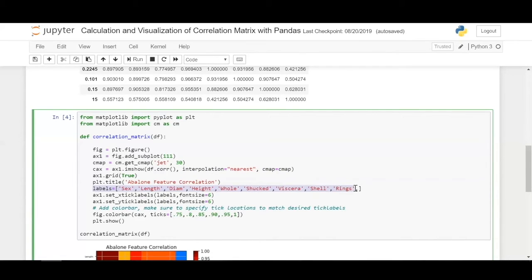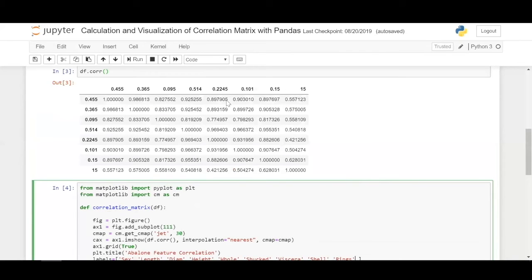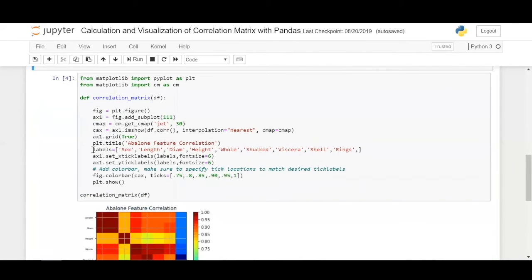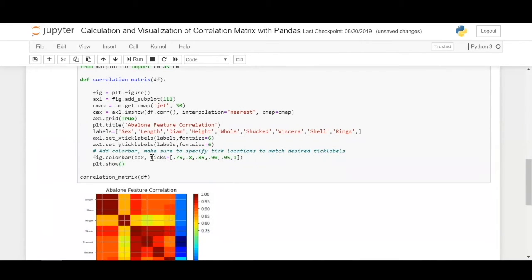This is from the UCI Abalone data. They didn't mention the column names, so I just gave random values here for labels. You set the labels and font size on the X and Y axes and display this. And this is the color bar. You notice the intensity, which shows how much correlation there is.